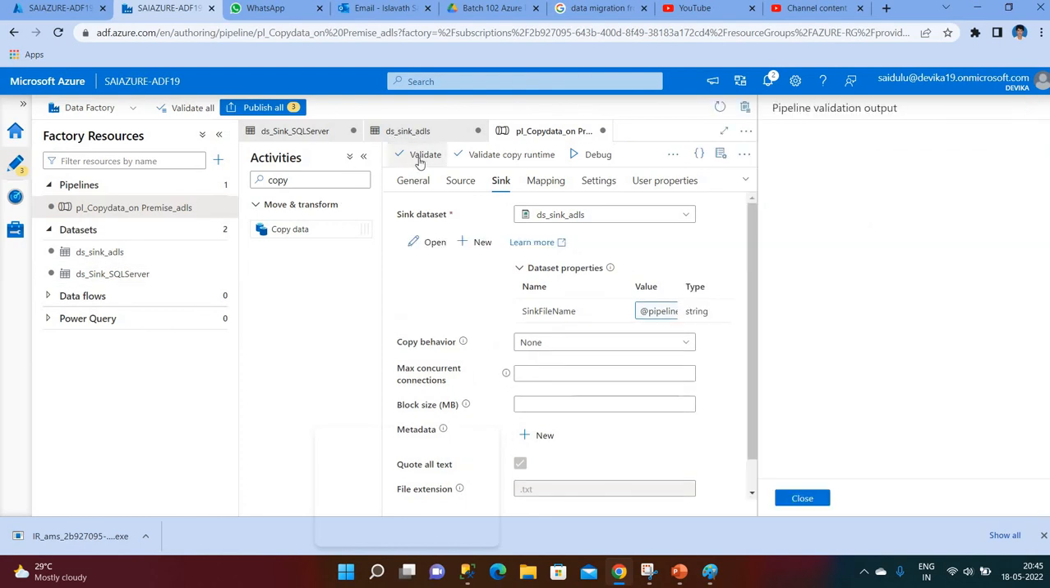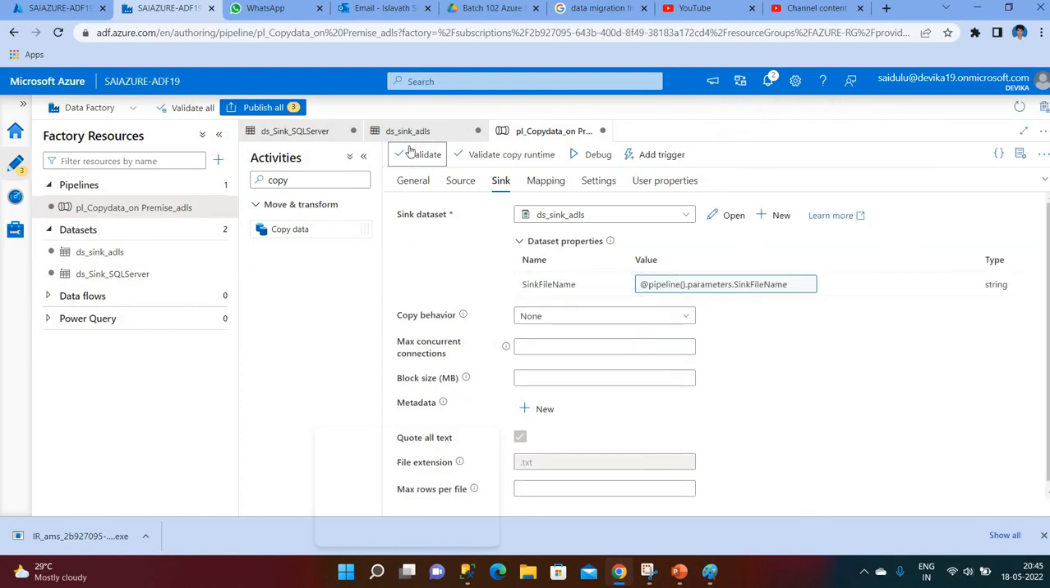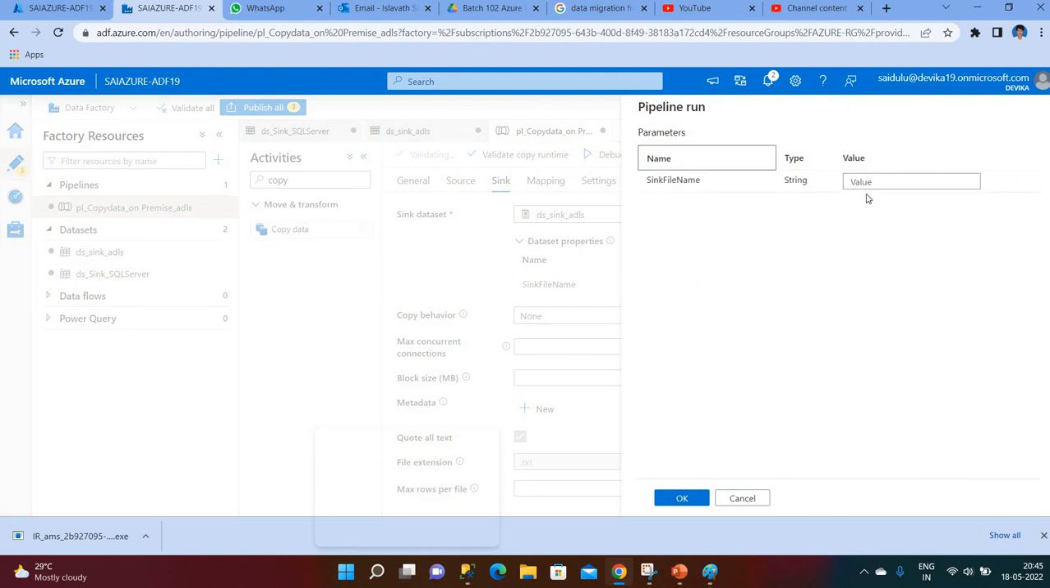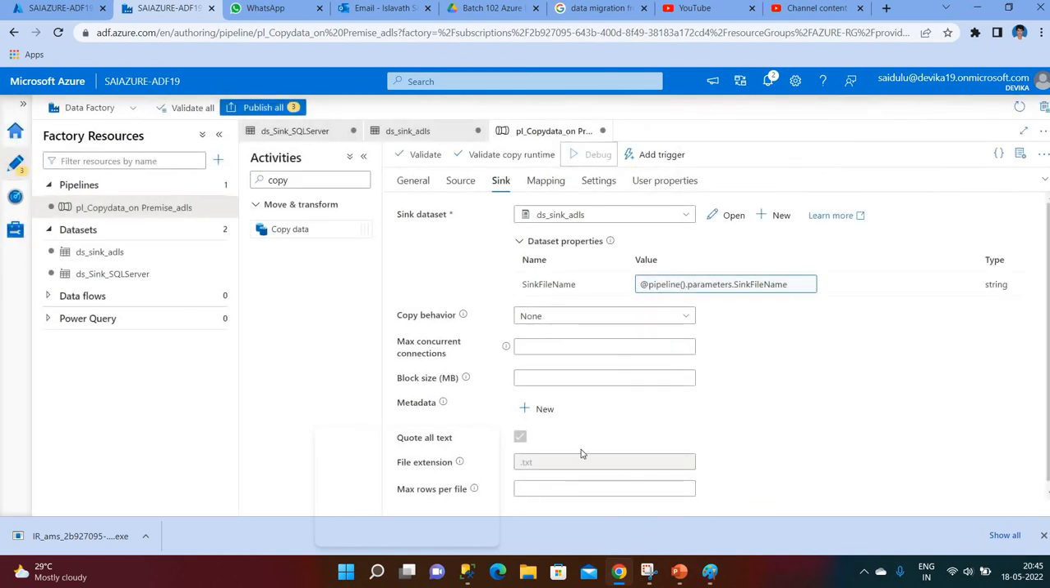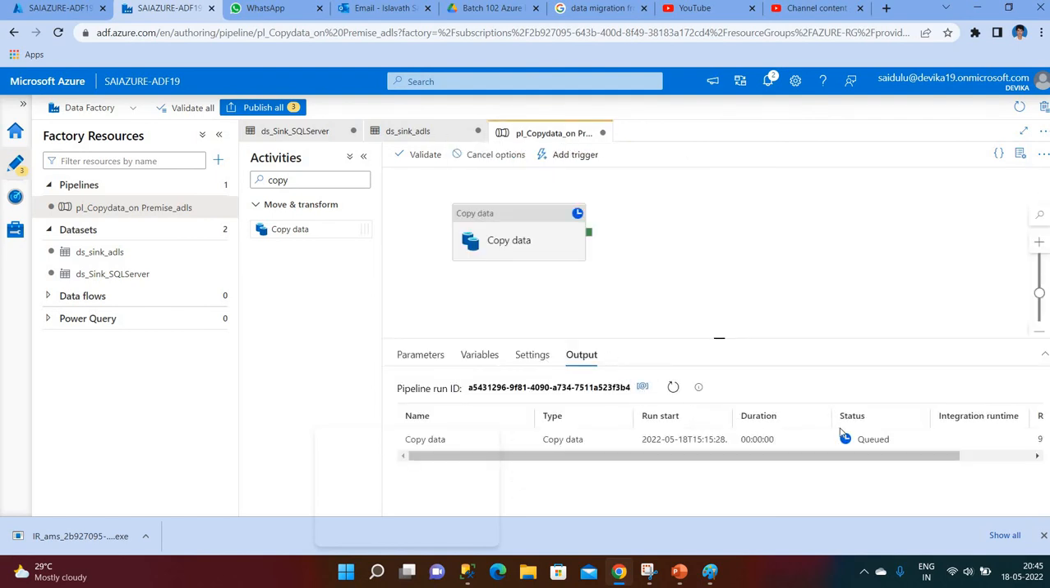Okay, so validate. So we have validated, and now click on debug. It will ask the file name. What file name do you want? So I want employee_info.csv. This is my file name. So click OK. So the debug will start soon. The debug has started